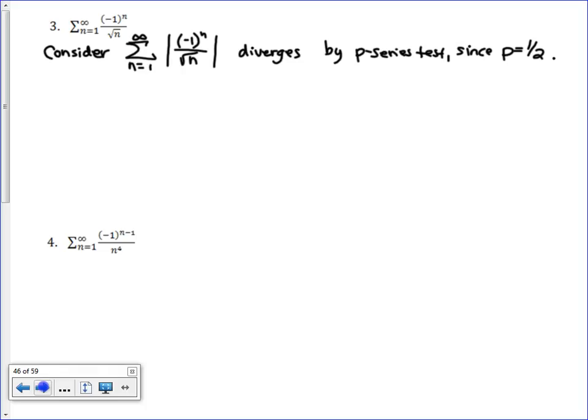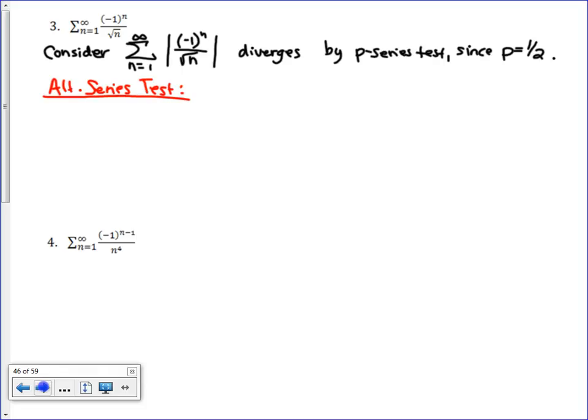I have to consider him when I say alternating series test. That is me considering him. Because with the alternating series test, I realize that he's positive, negative, positive, negative. So I'm not just going to say p-series, whole thing diverges. For the p-series, I know the absolute value, where the negative 1 doesn't matter, is 1 over square root n, it's old-fashioned. The p-series proves that the absolute value diverges, but I still have to ask